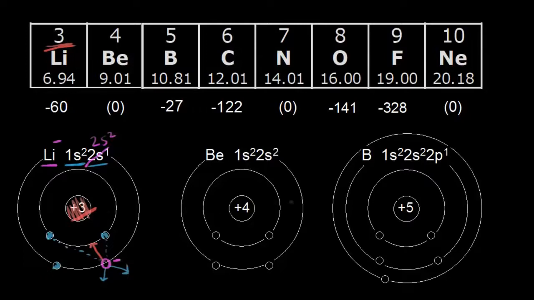And then finally we talked about distance. Right, so the distance of the electron that we added in the 2s orbital from the nucleus. The closer that distance is, the more of an attractive force that electron is going to feel for the nucleus. And so when you add up all of those factors that we just discussed, it turns out that it's energetically favorable to add an electron to the neutral lithium atom, and 60 kilojoules per mole of energy are released when